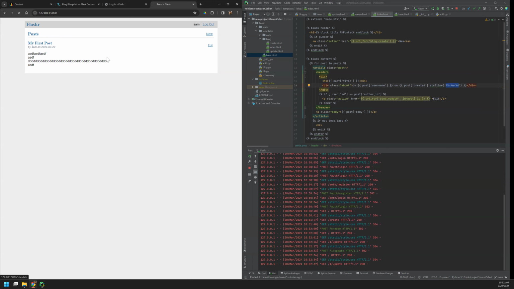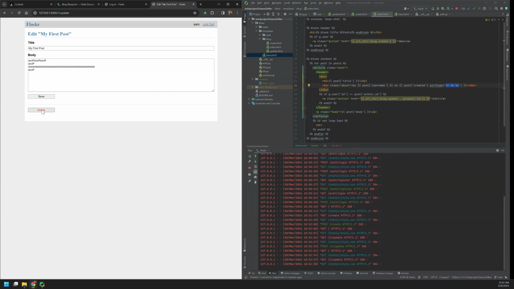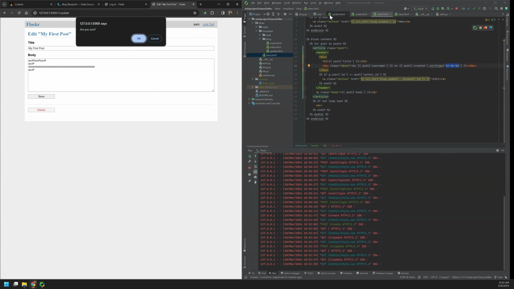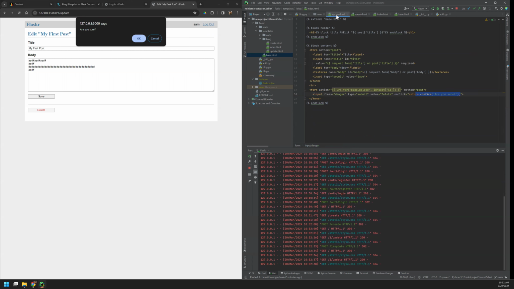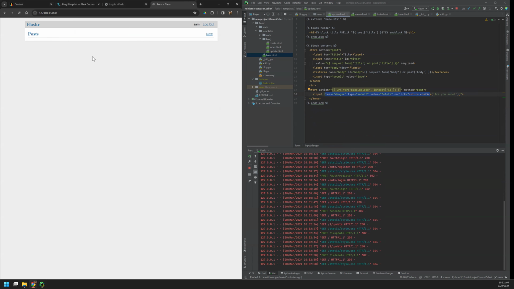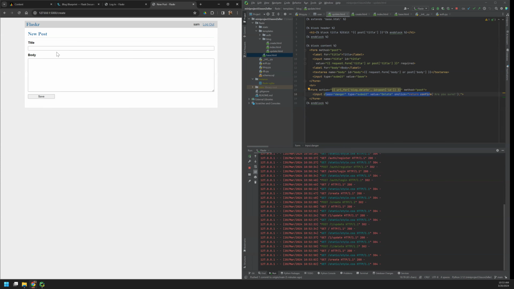We can also edit, and down here you will see that button for delete. And if we hit delete, notice how we got a pop-up here that says, are you sure? That was based off of our HTML for the update. So there's that one, and there you go. Here's our pop-up. On click, do a return confirm, are you sure? We hit OK, and that blog post is out of the database. If we did another one real quick, just to demonstrate,